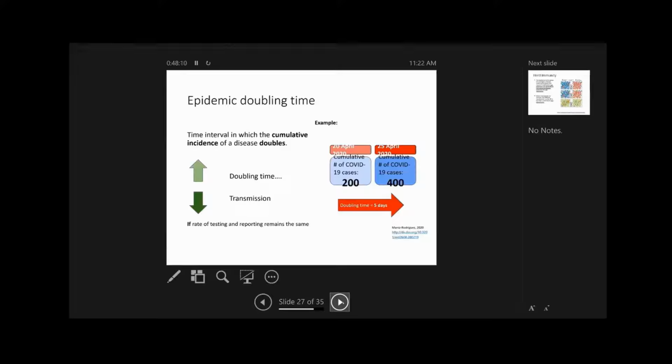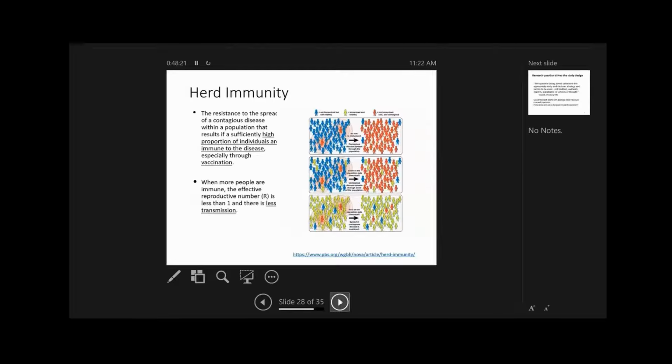And that's why a lot of people are simply not able to wrap their heads around how quickly this epidemic or pandemic is evolving over time. Herd immunity is another concept that all of you have been hearing about. It's all over the news media. There are articles written about what herd immunity really means. I want to again go back to measles because measles is one of the most well-studied infectious disease pathogens